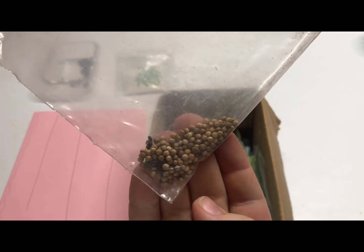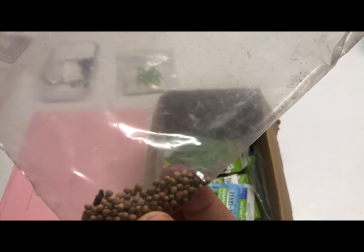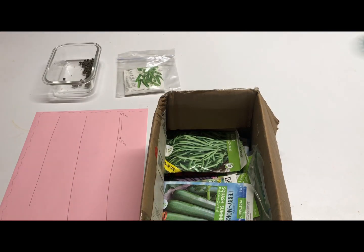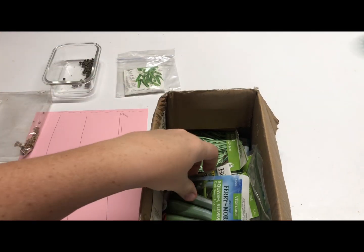Like I said, I think this looks like coriander. There's nothing in there with it, so that would have been like cilantro. I don't know, we'll see. We'll put that to the side. Oh yes,